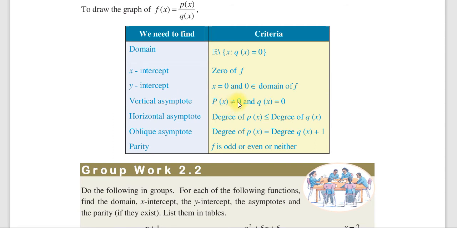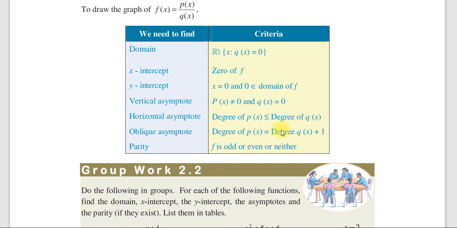x differ from 0 and q of x which is equal to 0 p of x አችንን 0 የማያደርግ ነገር ግን ዲኖሚኔተራችንን 0 የሚያደርግ vertical asymptote እንለዋለን horizontal ሲሆን ደግሞ ምን ማለት ነው degree of p of x ለዛ ነው ሪኳል degree of q of x ኑሜሬተሩ ዲግሪ የኑሜሬተሩ ዲግሪ ከዲኖሚኔተሩ ዲግሪ ካነሰ ወይም እኩል ከሆነ horizontal asymptote አለ ኦብሊክ የምንለው ደግሞ በአንድ ከበለጠ ያ ማለት